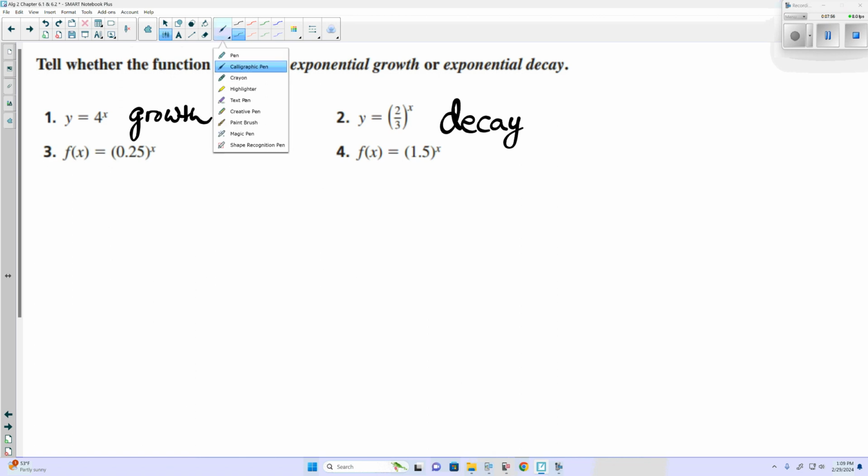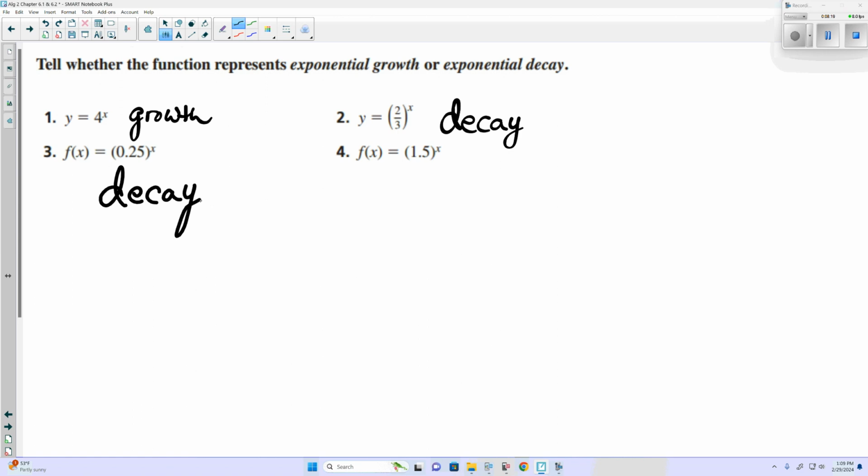And it would be decay, because our b value, that base, 2/3, is between 0 and 1. So it's decay. Number 3, f of x equals 0.25 to the x. It is indeed decay. And the reason it's decay is because our base,